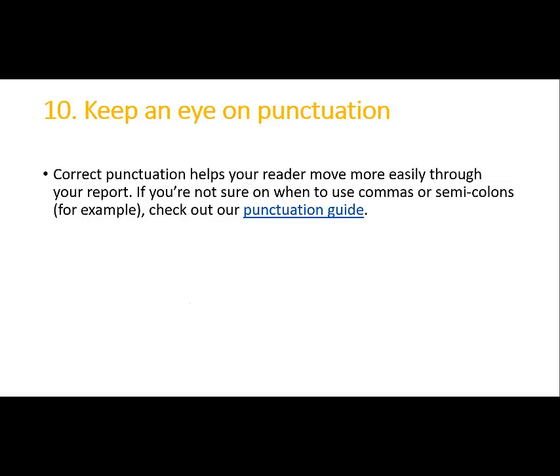Correct punctuation helps your reader move more easily through your report. If you are not sure on when to use commas or apostrophe, okay, you can check out our punctuation guide on the link, or you can get the book from the internet.